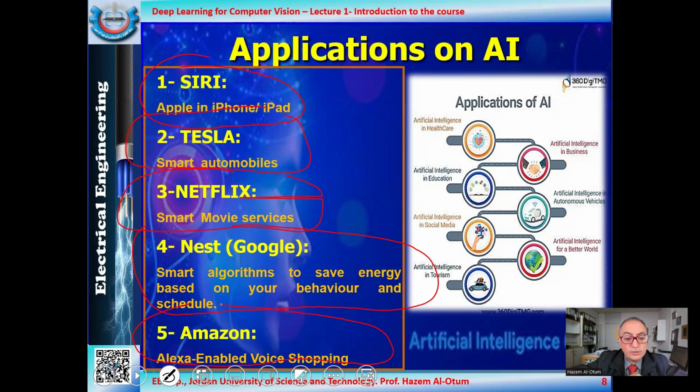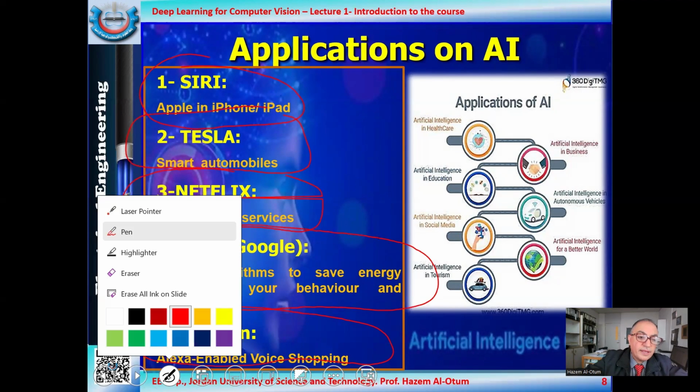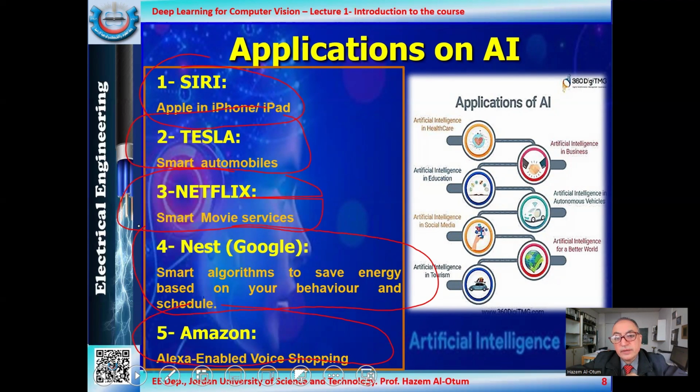You can act using your voice with this Alexa application to order and to pay for a specific box, or for what you want exactly to buy, and to ship to a specific location or place. All these applications can also be found in other areas, as you see on the right-hand side of this chart. Here we can find them in business, in autonomous vehicles, in cars, and in new services.